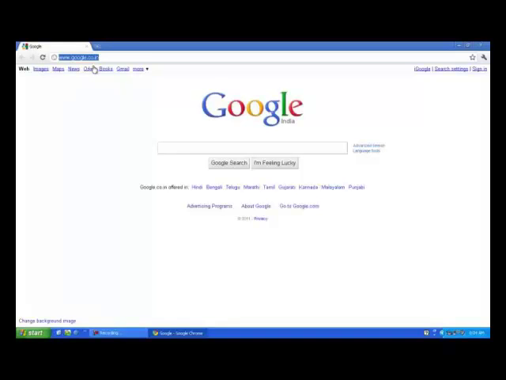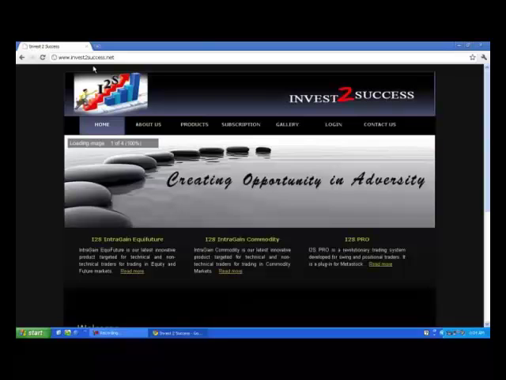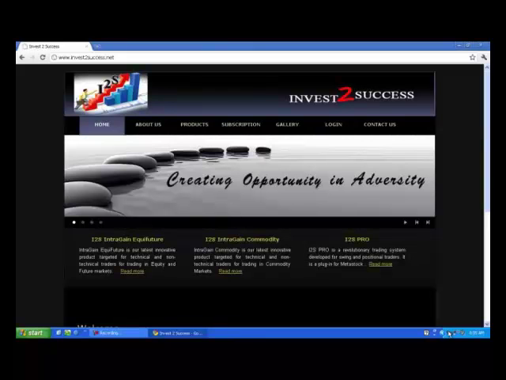Type the URL www.investorsuccess.net. After typing the URL in the Address tab, press the Enter key, which will take you to the home page of Investor Success. On the top end of the page, you are able to see the various tabs: About Us, Products, Subscription, Gallery, Login, and Contact Us. To access the IntraGain EquiFuture, click on the login page,